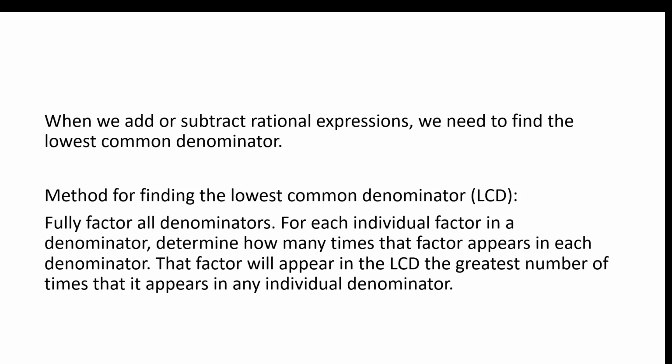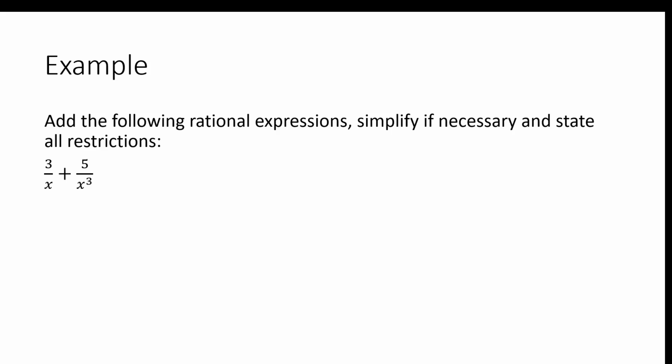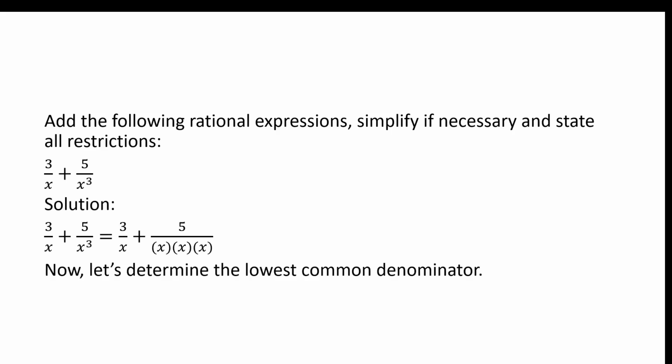First, we fully factor all denominators. For each individual factor in a denominator, determine how many times that factor appears in each denominator. That factor will appear in the lowest common denominator the greatest number of times that it appears in any individual denominator. So for instance, if we wanted to add the following rational expressions, what we could do is think of